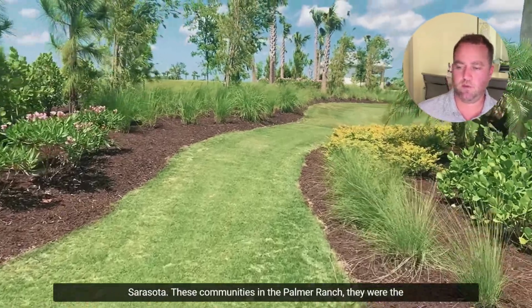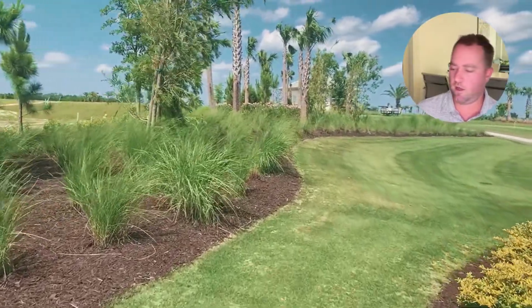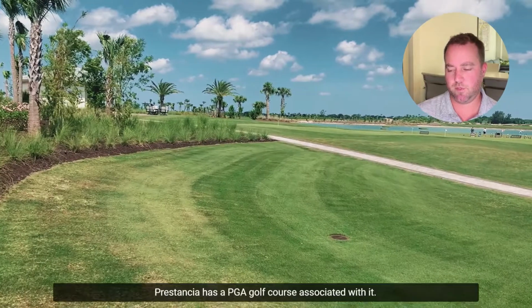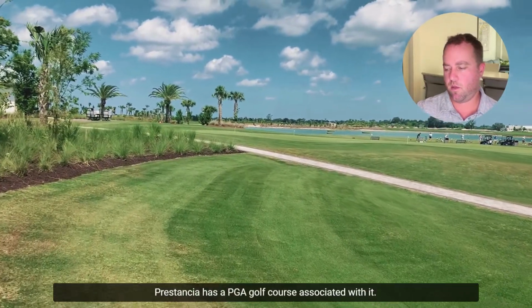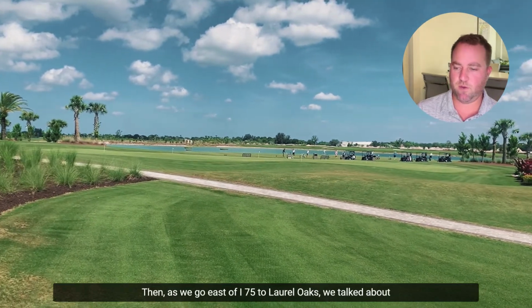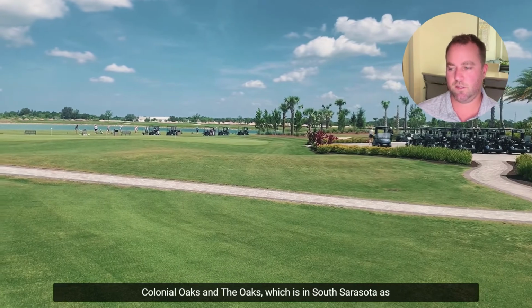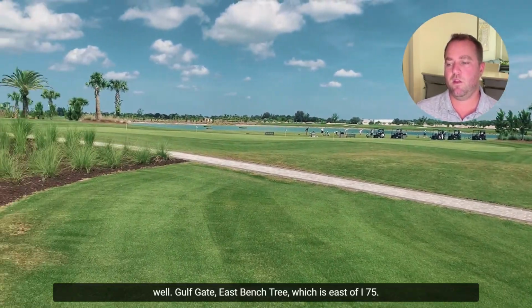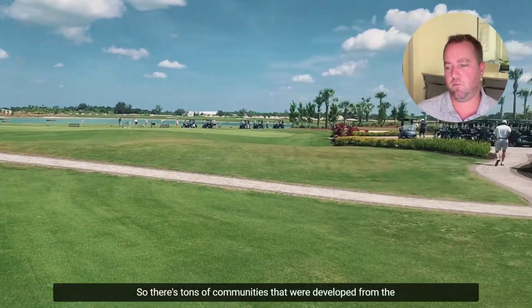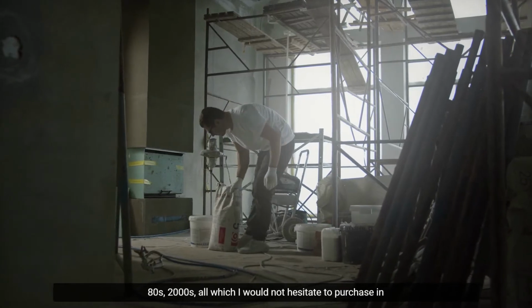These communities in the Palmer Ranch, the first ones that were developed were Prestantia and Turtle Rock, and a couple other older communities that are still beautiful, wonderful communities. Prestantia has a PGA golf course associated with it. Then as we go, you can go east of I-75 to Laurel Oaks. We talked about Colonial Oaks and The Oaks, which is in South Sarasota as well. Gulf Gate East, Bent Tree, which is east of I-75. So there's tons of communities that were developed from the 80s to 2000s, all which I would not hesitate to